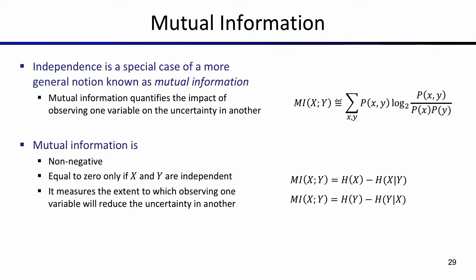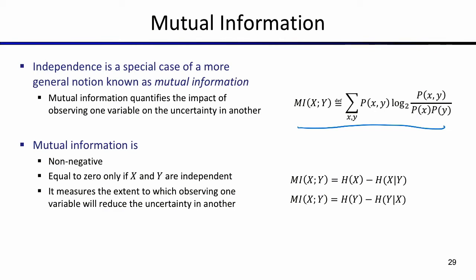We can say that mutual information in some way quantifies the impact of observing one variable on the uncertainty of another variable. So it's a very useful measure for dependency between variables. And the definition is this one. We are taking the mutual information between two variables, and we're going to sum over all possible instantiations of x, y, and multiply the probability of x and y by log in the base 2 of the ratio of the probability of x and y divided by the probability of x times